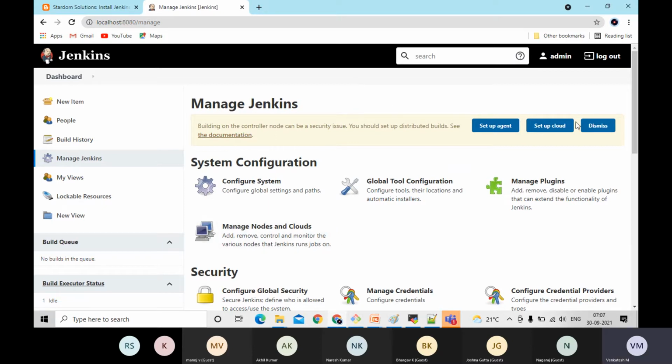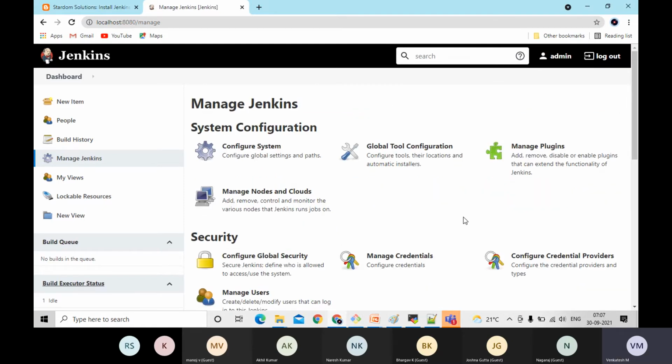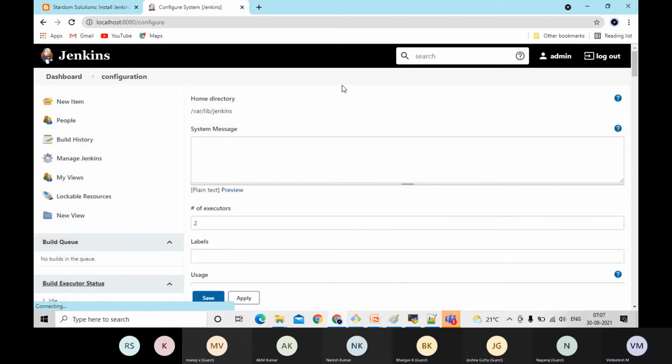Okay, now let's start step by step, guys. First one, configure system. Let's try to understand what configuration will be there. Under the configure system, in the first field you are seeing the home directory. That means whatever jobs I have created, everything will come under here. That means all the Jenkins files, metadata or any historical data, log file data, everything, most of the data will be stored under the